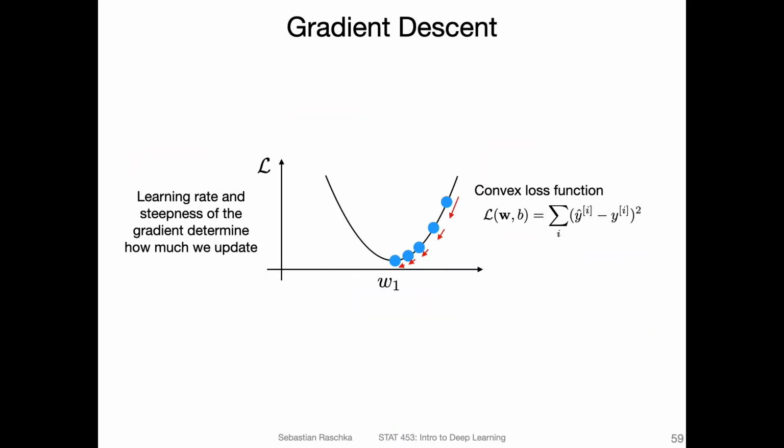Let's now see what happens if we use the concept of gradient descent. So what we do is we have to start with a certain weight. Let's say this weight, this is our starting point. In practice, for a linear regression, we usually initialize the weights to all zeros or small random numbers. So if I had initialized the weight with the value 0, we would be over here. And you can see also, the loss would be pretty large here at 0. We want to find basically this global minimum.